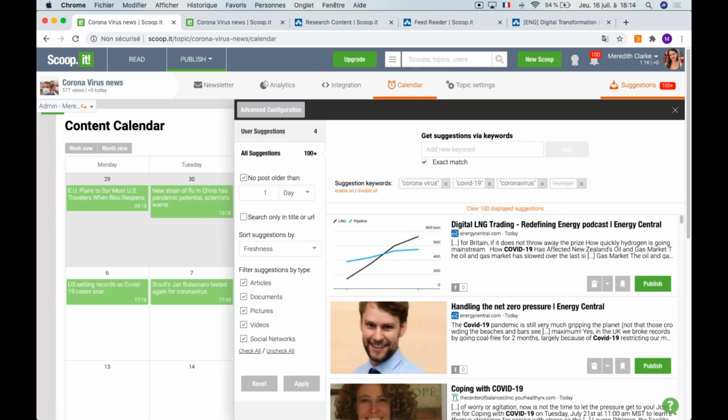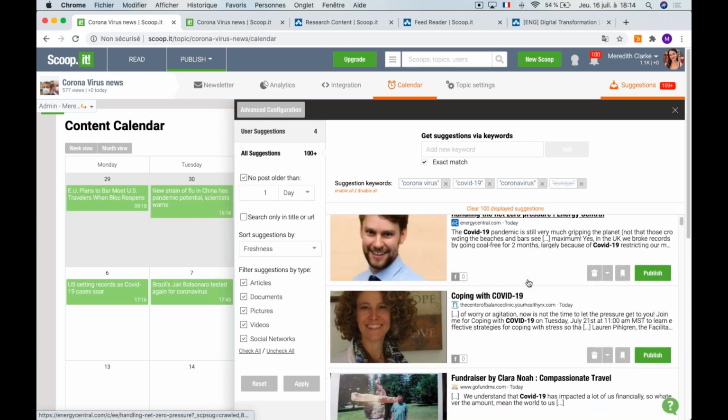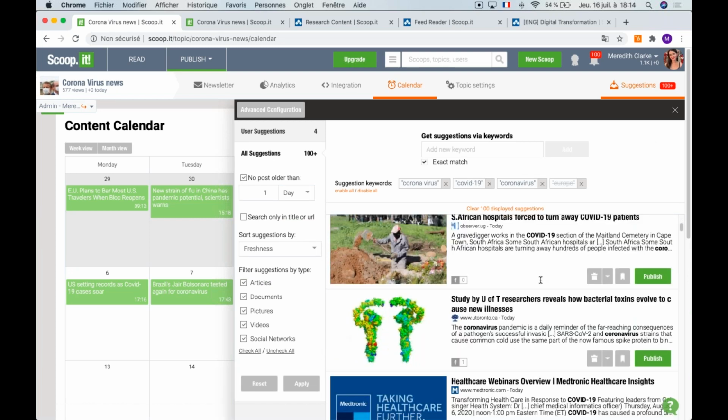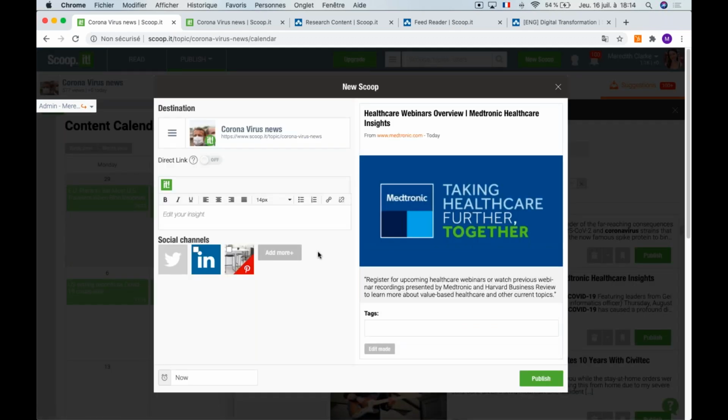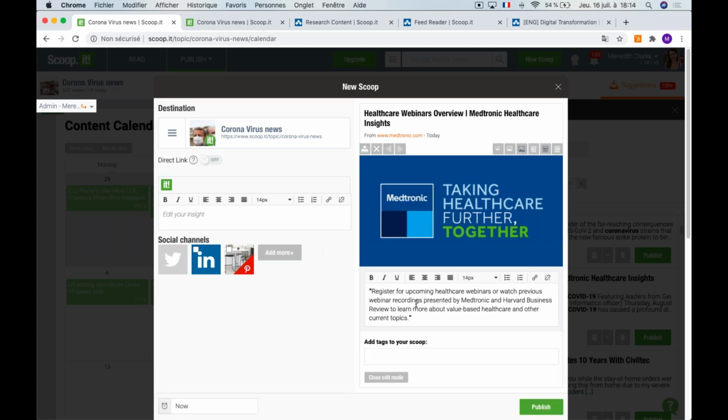So as I was saying, in the suggestions, once you find an article that's interesting in your opinion, you just click on publish. From here, you're going to have the editing window. So here is where you're going to be able to modify the quote from the original article if you'd like to. You can also modify the image if there are several images within the article. It's not the case here. You can also upload your own image if you'd like something more specific or more on theme for you. You can change the size of the image, the display, pretty much anything.